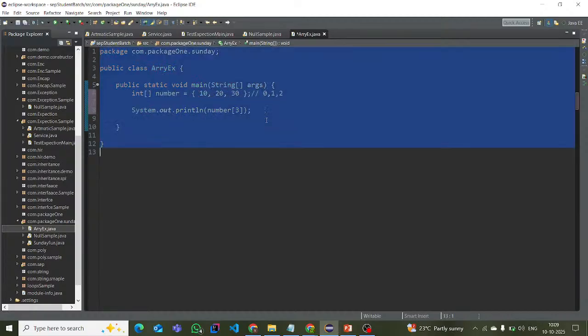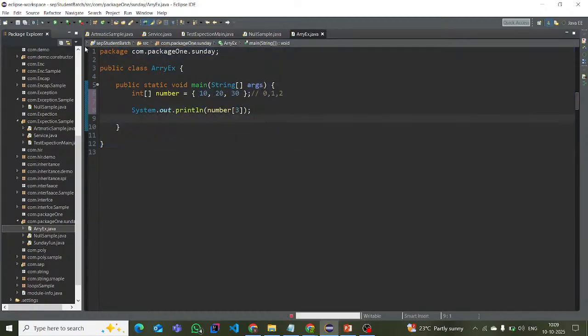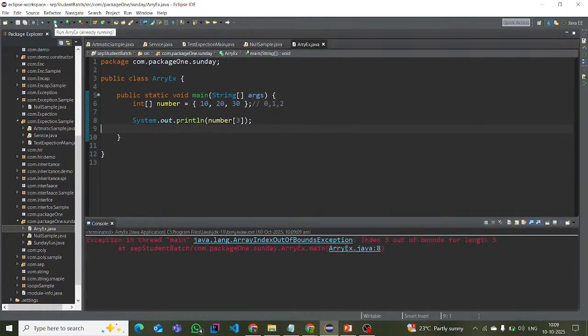Control Shift F. Control S, save this one. Let me run this code. It will throw an ArrayIndexOutOfBoundsException, right? This limit is maximum 2 only: 0, 1, 2. If I pass the 3, there is no boundary. If I pass 2, sorry, not 2, save this one,